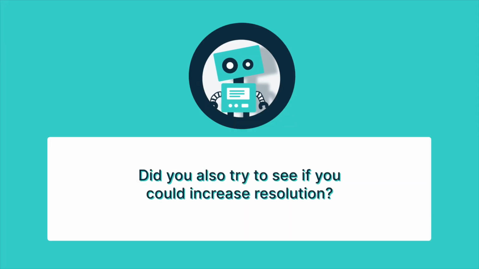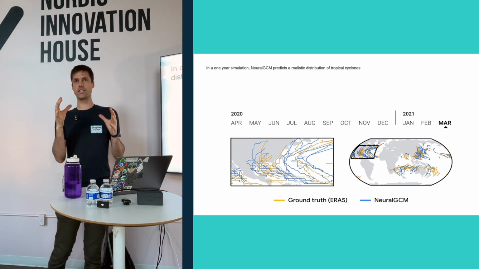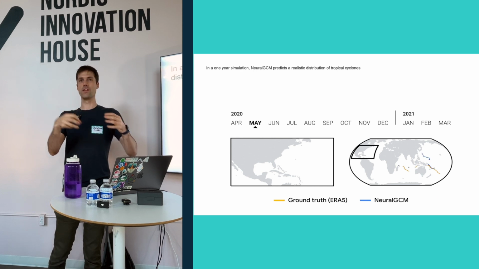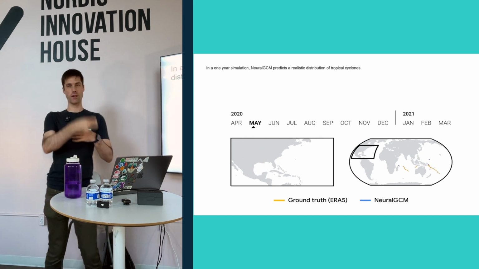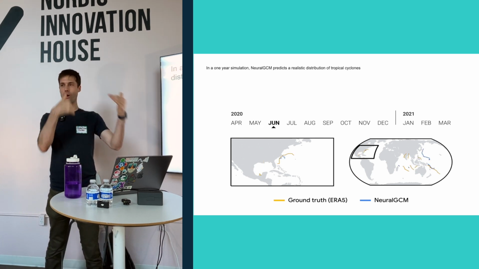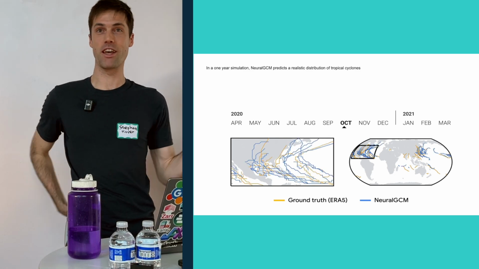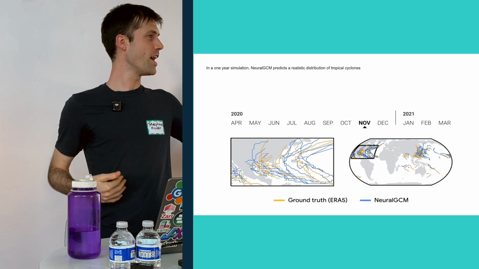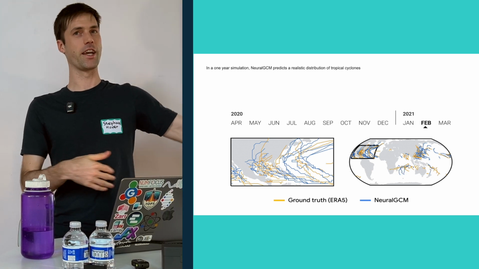Did you also try to see if you could increase resolution? Up to what point did you get the same cycles per year? Yeah, so at the core of it, the physics-based simulator that we wrote is still the slowest part of the simulation. That means the speed of our model is limited by the resolution. It's actually pretty terrible scaling. Every time you double the resolution in a physics-based simulator, it runs 8 times slower. We tried really hard to push the resolution because every time we increased it, the model got more accurate. But in the end, it runs on 250 TPUs for a month to train the model, and we just can't do more than that.